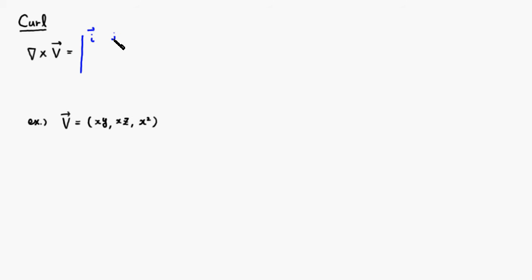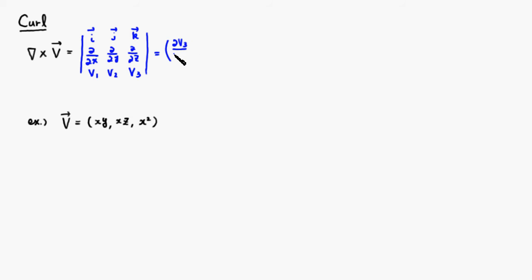So i, j, k. Then nabla is just a vector operator: partial with respect to x, partial with respect to y, and partial with respect to z. Then v is going to have probably three components. I'm going to call them v1, v2, and v3. And the first component is going to be, looking at this first column, partial of v3